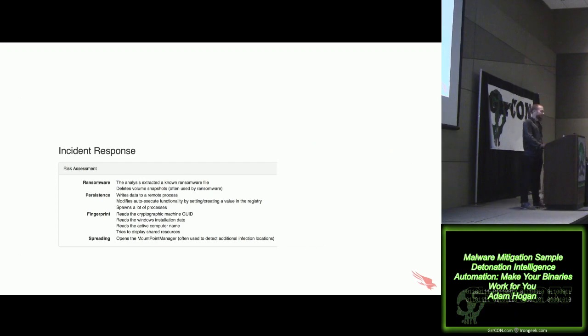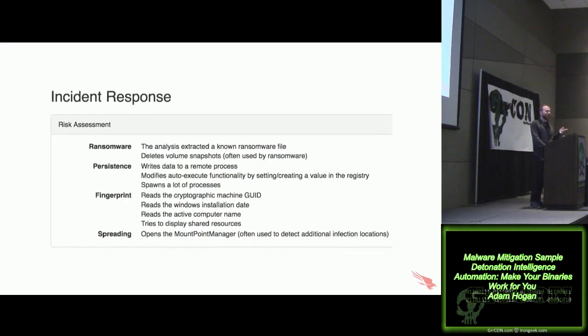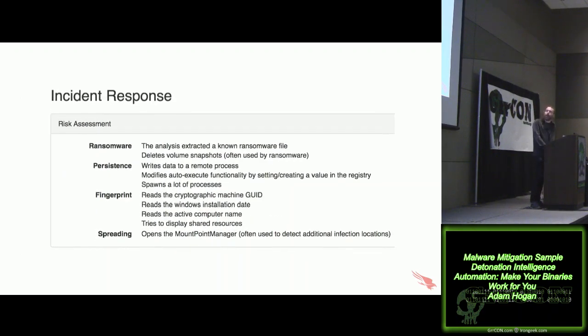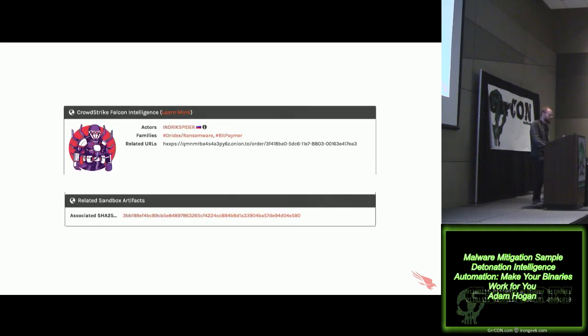Back out of the top, we have that incident response section, which was the same I saw on the previous screen when we're even looking at the endpoint data. But it is, again, telling us that, hey, it's fingerprinting the system, and it is, in fact, ransomware. But on top of that, we're going to pull in our threat intelligence. So in this case, it is attributing back to that specific threat actor.